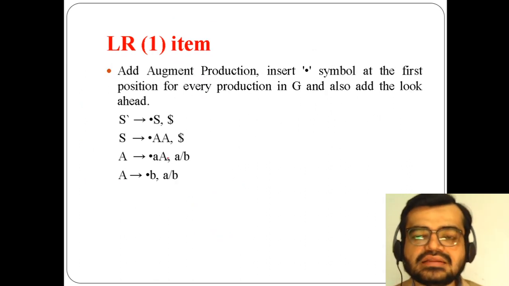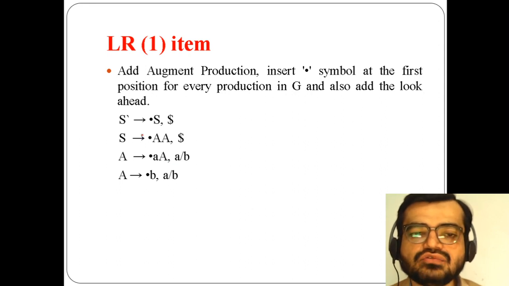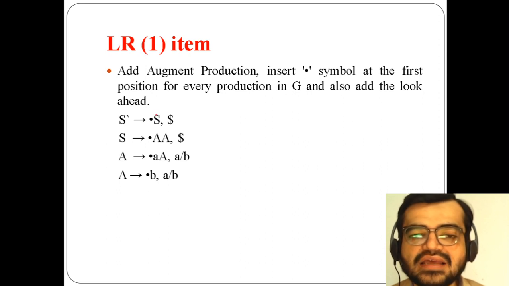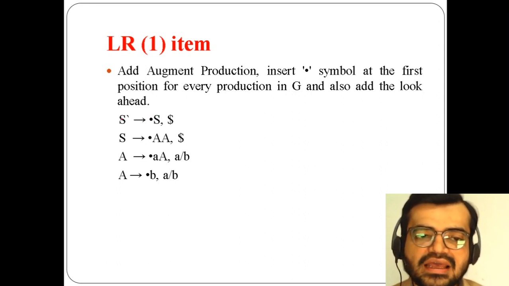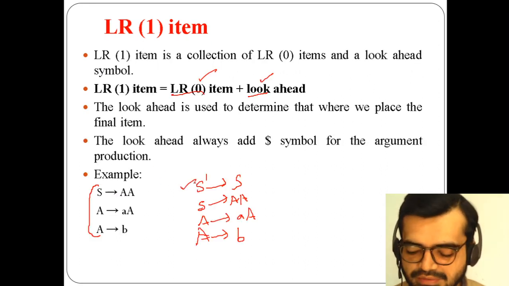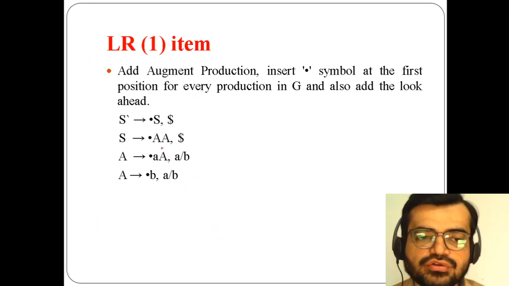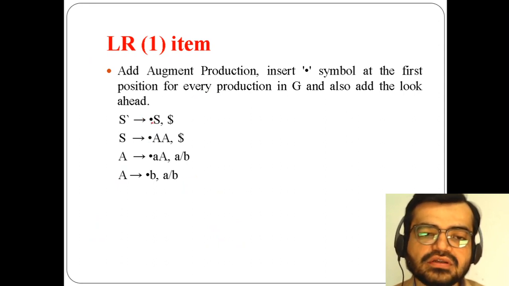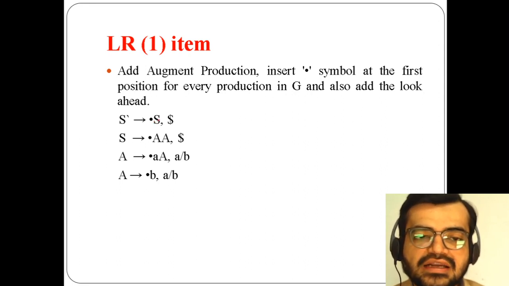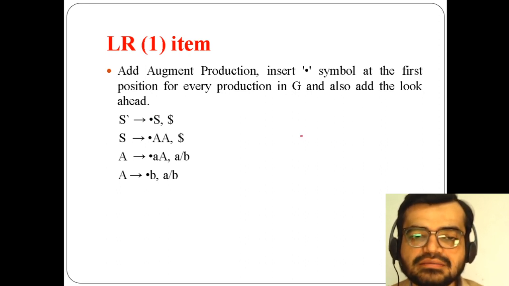As you know, when I am using LR(0) items, I have to use the dot symbol. The dot symbol is used to read the right-hand side of the production. The very first production is the one from the augmented grammar, S' → S, so before this S I put a dot. When I am reading S, I remember that for the start symbol, the lookahead will be dollar only.